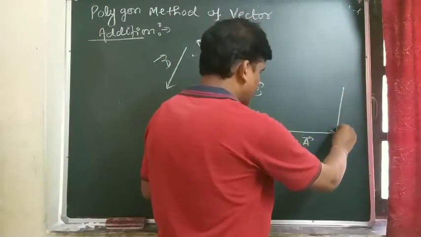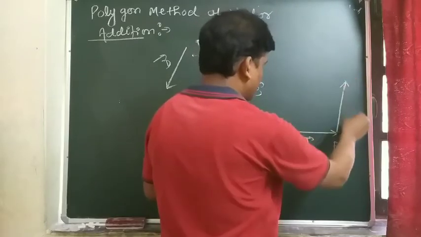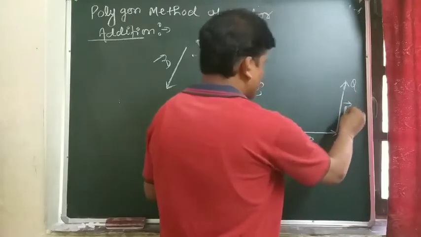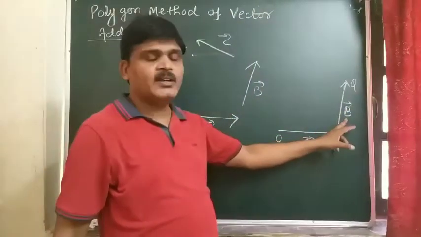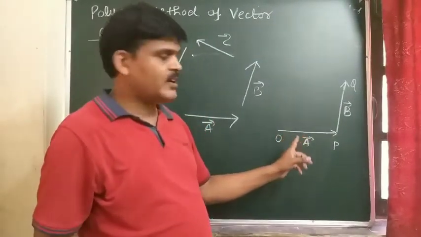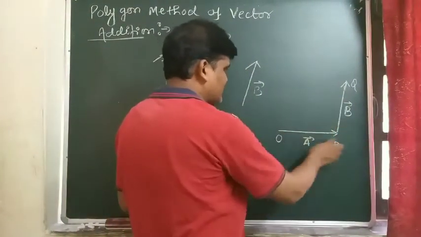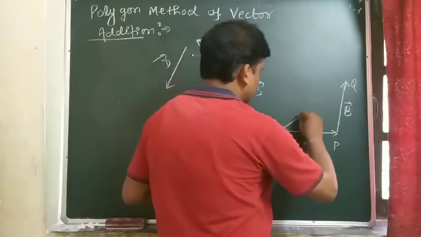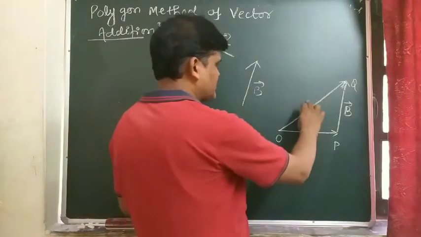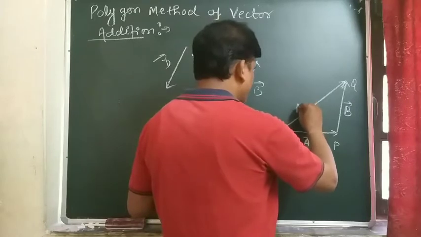in the same direction and same magnitude, and which is represented by the sides of a polygon, that is the PQ vector, and this is vector B. Now student, first we find the resultant of these 2 vectors, and their resultant direction is the reverse of the vector A and vector B, which are taken in the same direction, but their resultant is taken in reverse order. So this is the resultant, which is equal to vector A plus vector B.